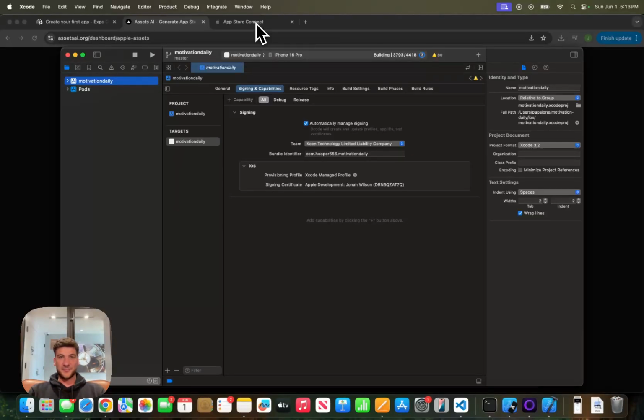Honestly, all you needed was the GitHub Copilot subscription, assetsai.org for the assets, and a decent idea using Expo. I didn't even code anything. I think I installed one package outside of what the AI was doing, and we're done. Like that's it. And now we have an app that we can throw in the App Store in 25 minutes. This is unheard of. Like I'm honestly kicking myself for taking the time to learn how to code as much as I did, because this is